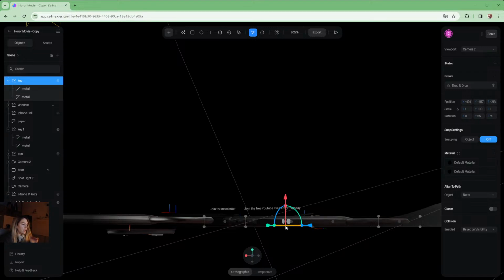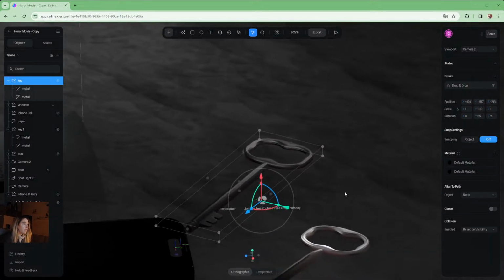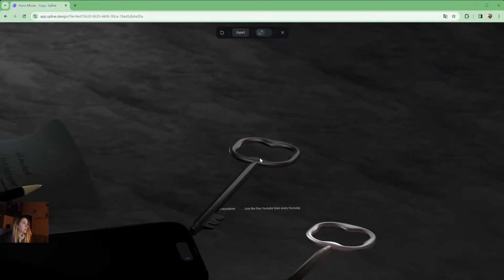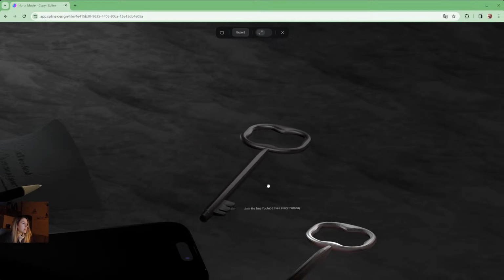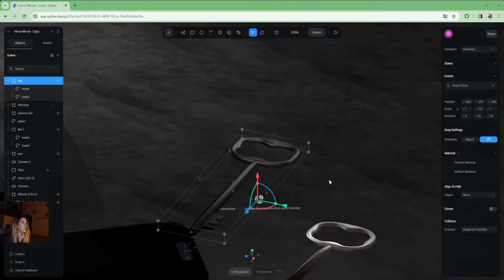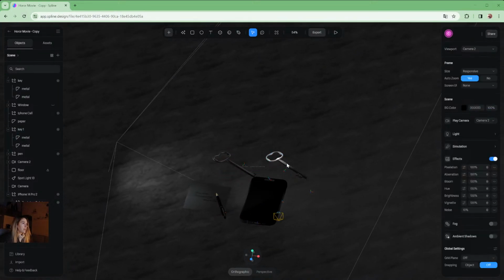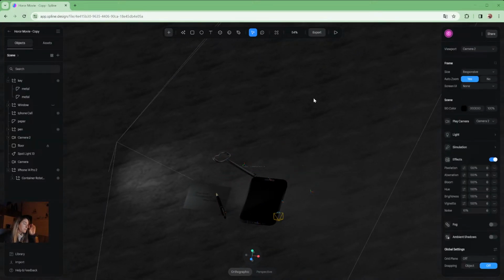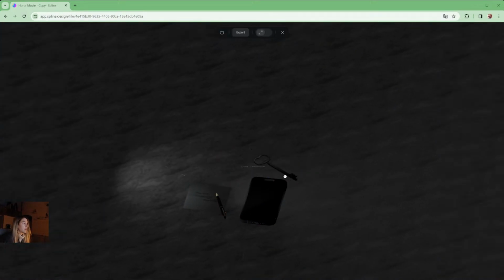it's on the bottom of my keys. And now if I select my key, I can see that my keys are not underwater anymore, so it's very, very cool. So I'm going to remove this one, and I still have this one, which is cool because